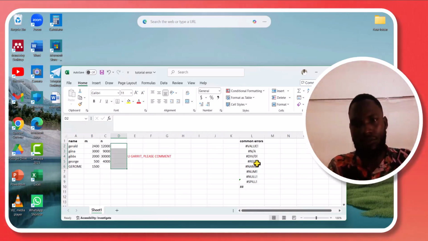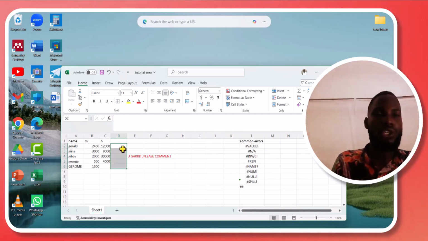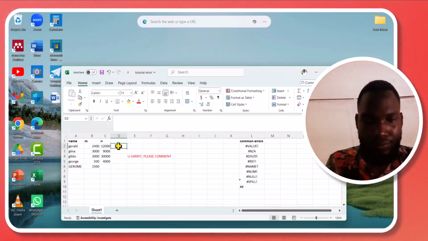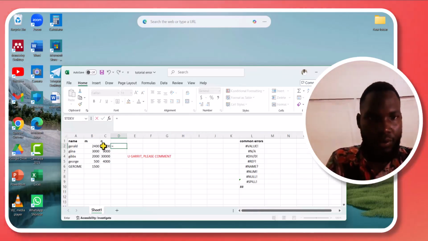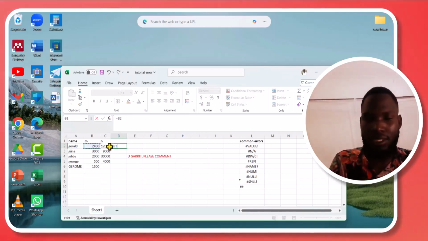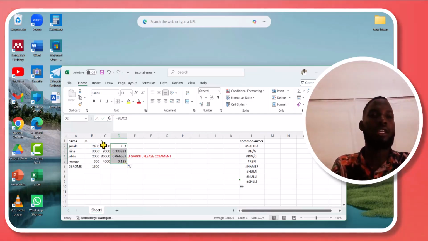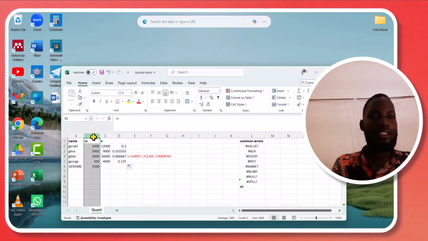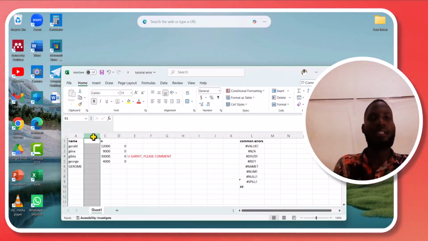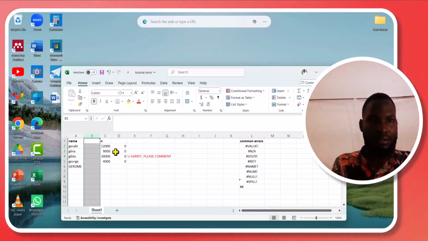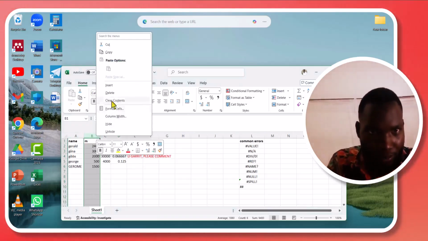the next error is #REF. If I put here the same formula, and then this, and then copy it here. And then at the end, I delete this. If I just delete the whole column,